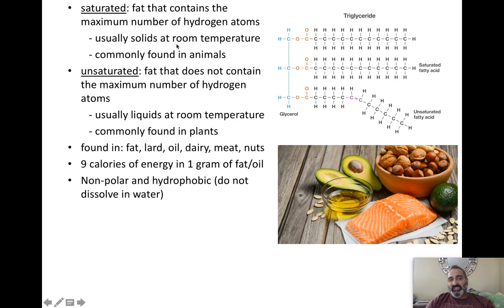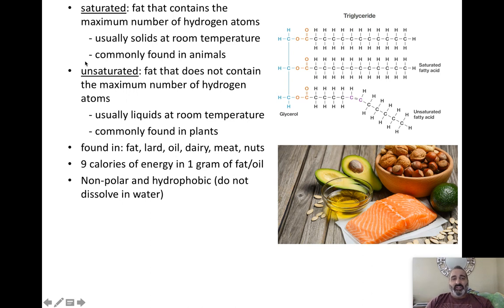Saturated fats are usually solids at room temperature, commonly found in animals. Why do we say they're not always, but they're usually not as good for you? Because being solids at room temperature, these are the kinds that usually will clog arteries. But I'm telling you, there's exceptions to the rules. There's different kinds of fats. How long their chain is has a factor on how bad they are for you also, in case you didn't know that. So there's more than just it being saturated or unsaturated on whether it's good or bad for you,